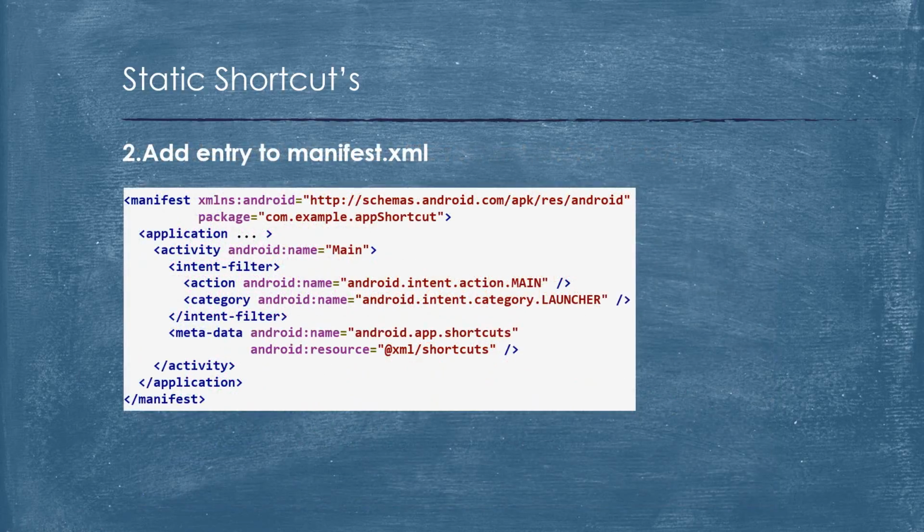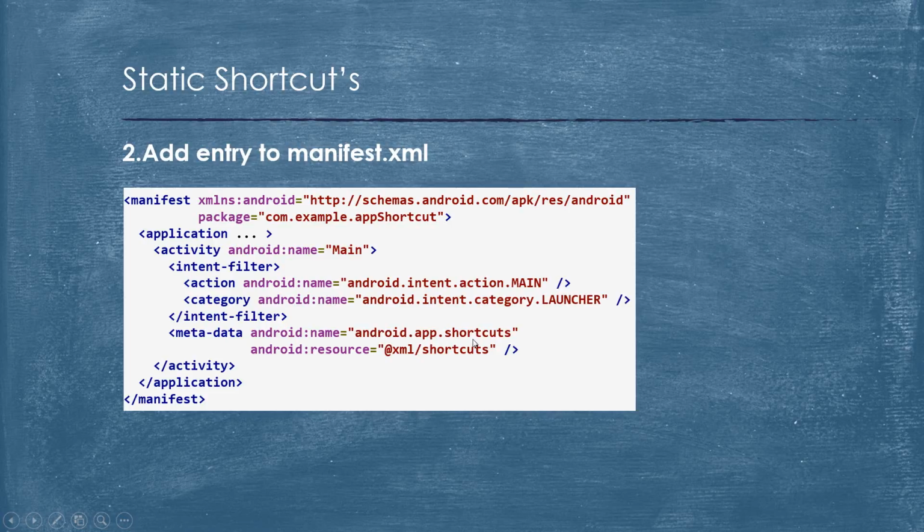And the next thing you have to do is make an entry to the manifest file. In the manifest, whatever will be your launcher activity, like here it is the main activity, with the name of main. As we all know, there's an intent filter with the intent action of main and the category of launcher. Whatever will be the launcher activity, only in that particular activity you have to add this with the metadata,